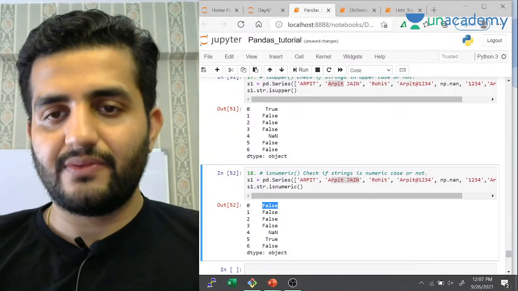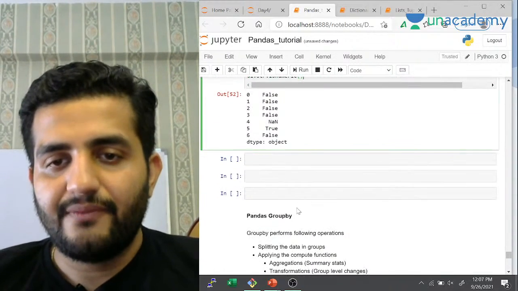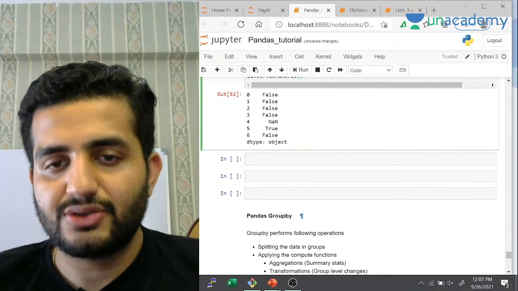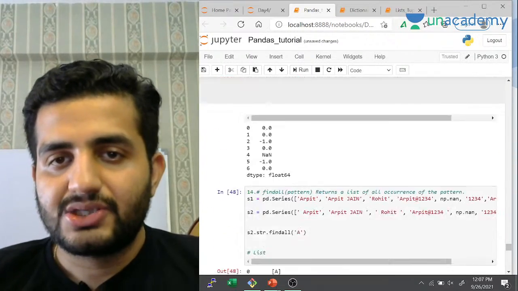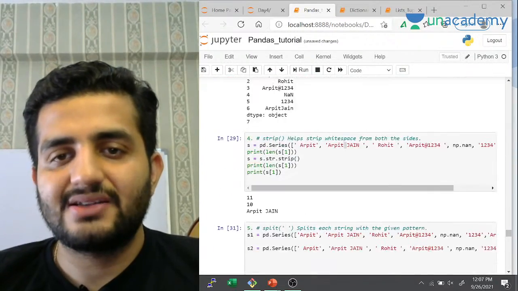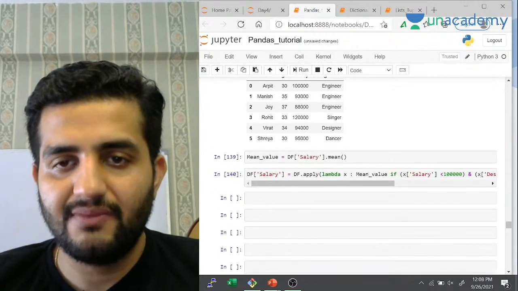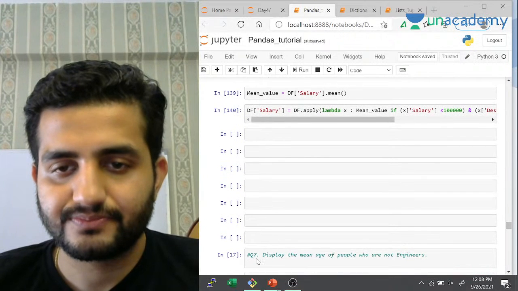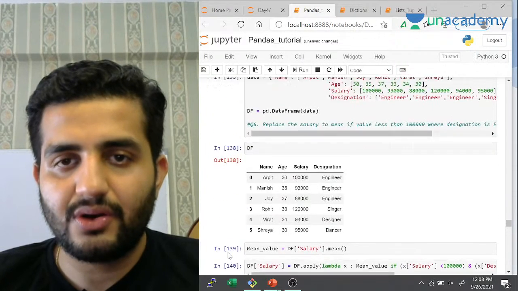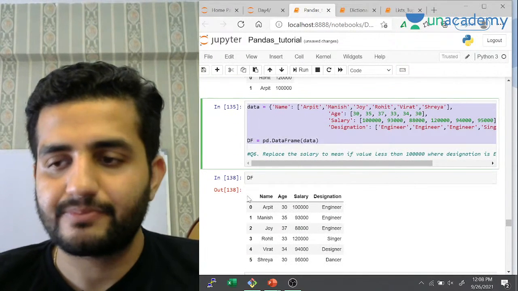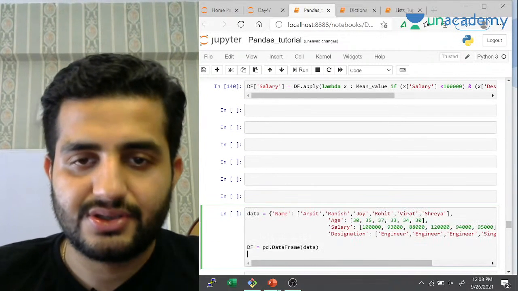We have covered a few functionalities of strings. Any questions? I'm all ears. You can put up your questions. In the next session we have something called Pandas group by. We're not going to talk about group by right now. So if you're okay, we can jump into some exercises. We can do some quick exercises. We have been doing some good ones. We did something on the mean value yesterday, if I remember correctly. Cool. So let's quickly solve some questions. We have time. Cool guys, let's jump to the questions and try to solve them.